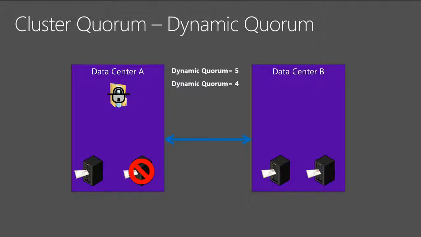What? Nope, it's not split brain. If I lose the WAN in this scenario, everything goes down. Why? Because I've got 2 votes over here, not a clear majority. I have 2 votes over here, not a clear majority. In the face of no clear majority, the cluster service just terminates. So again, a situation where dynamic quorum, just by itself, does not necessarily fix the problems that I need